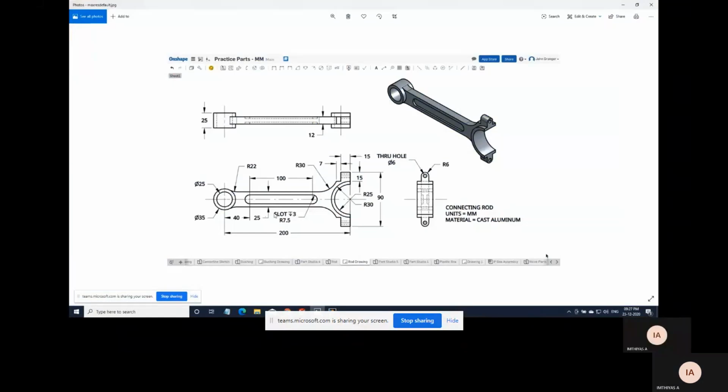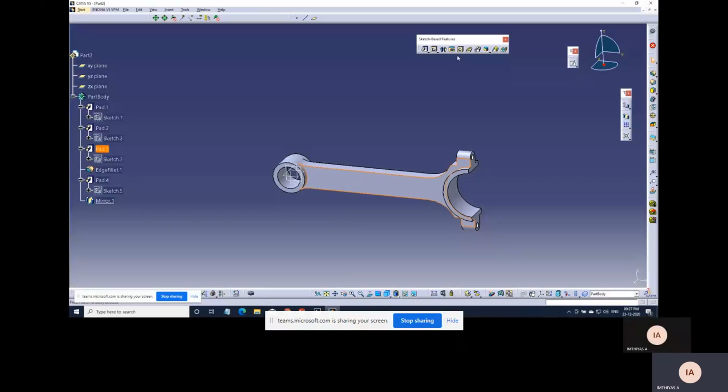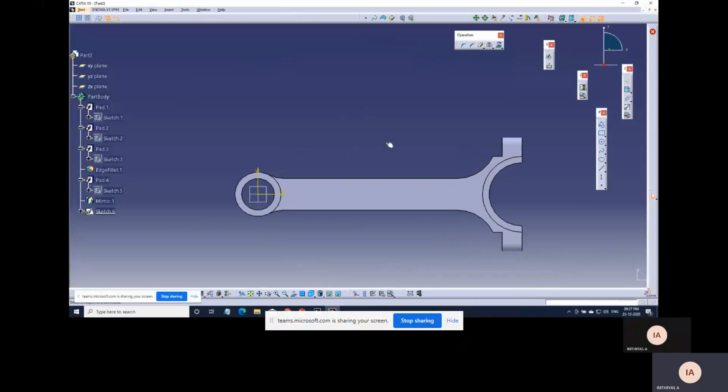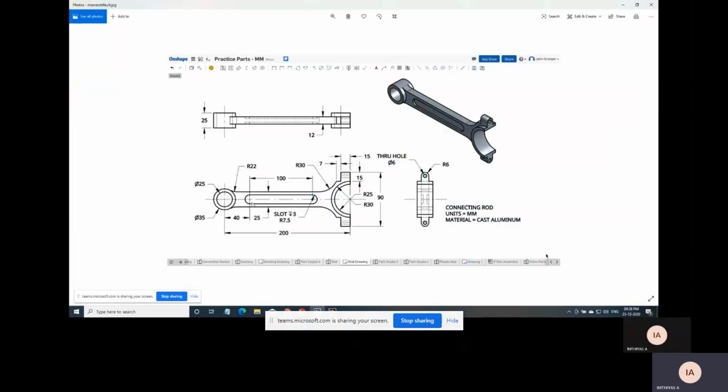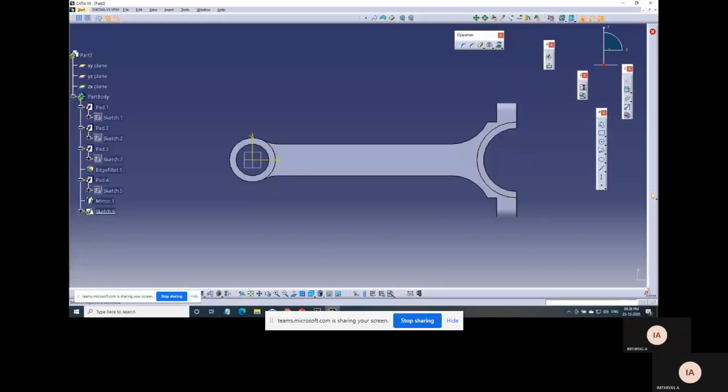And now a slot has to be made at the center of the connecting rod. The length is 100. Dia is 15.